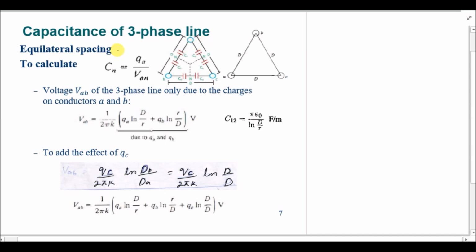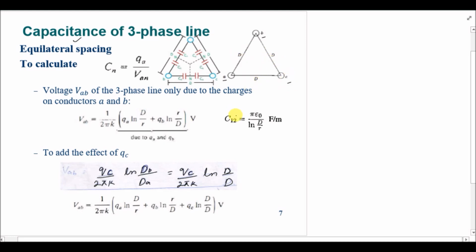In today's lecture, we are going to calculate the capacitance of a three-phase line. There are two orientations in which we can have the three phases of the overhead transmission line. The first one is the equilateral spacing, and the second one is the unequilateral or unsymmetrical spacing. In equilateral spacing, we have equal distances between the conductors. For example, in this case we have A, B and C conductors, and the distances between the conductors are equal